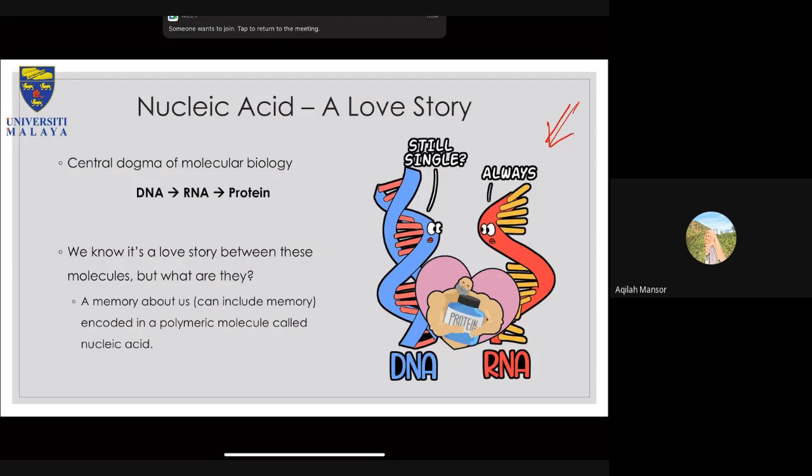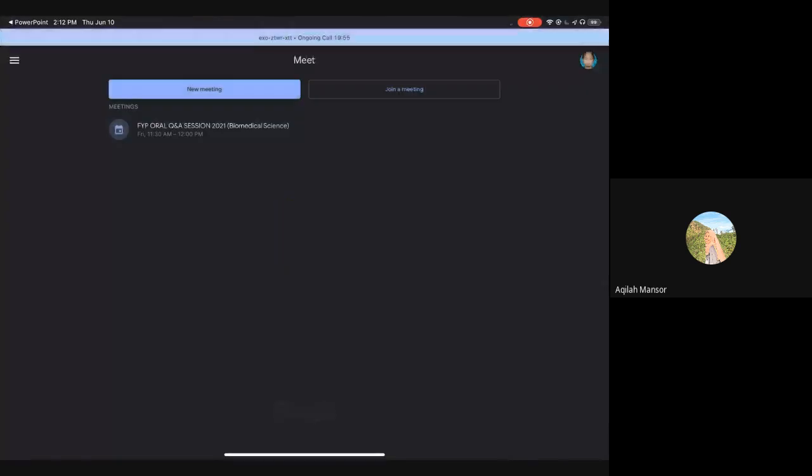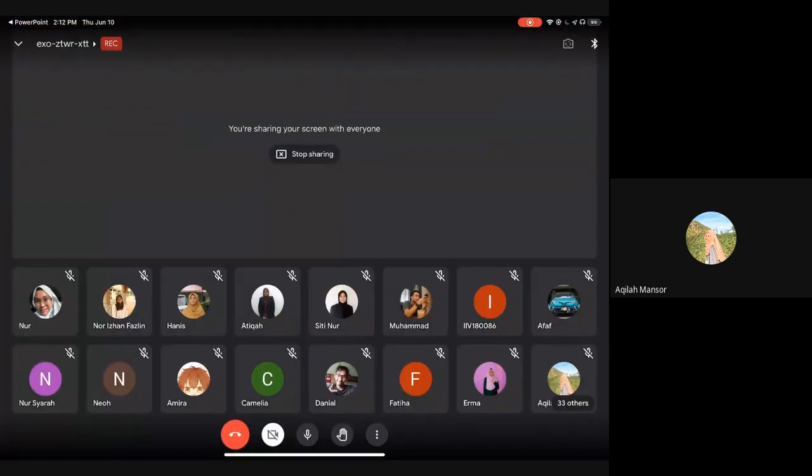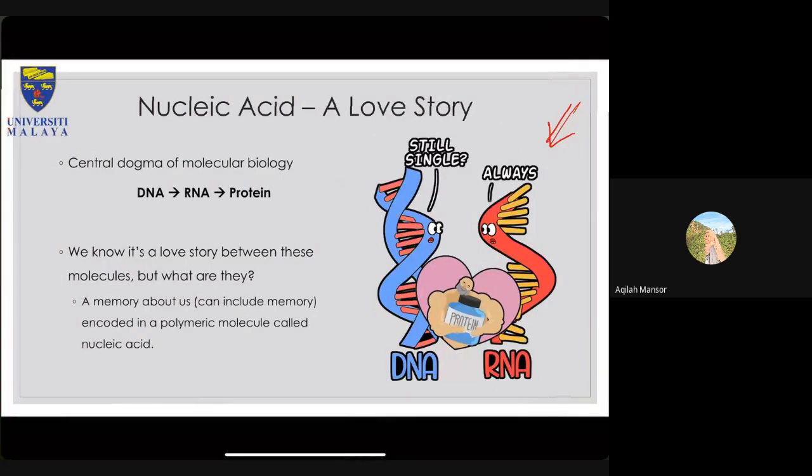Are people still waiting, or did they manage to come in? Okay, they managed to come in. It's funny because nowadays RNA can be double-stranded RNA as well. So this is a very old thing, and I find it funny because people are still using this, and the technology has advanced, moved past this, but whatever.